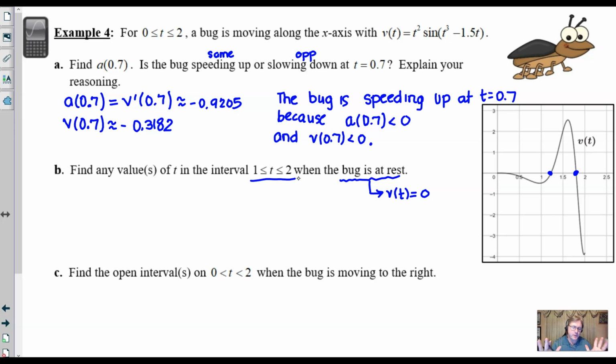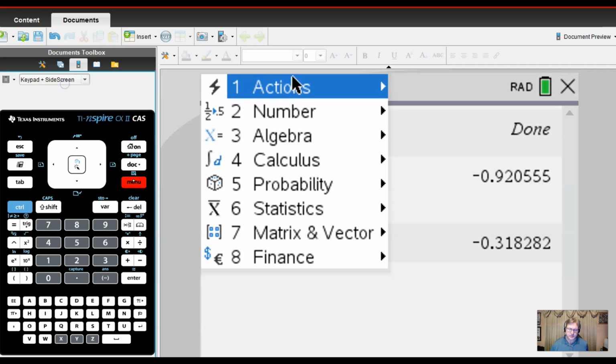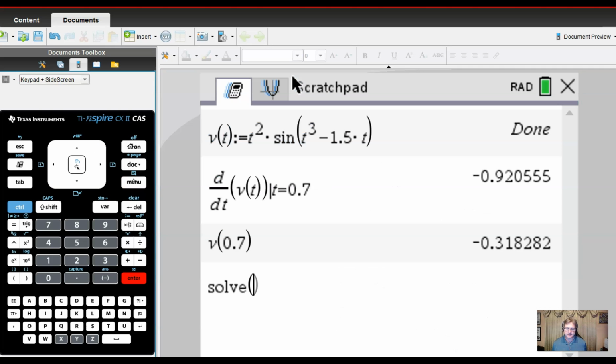Now, there are a couple of different ways to do this. I'm going to go ahead and show you both ways. One of them will not apply to anyone who does not have a TI Nspire CAS calculator. The other one is much more universal. So let's return to our calculator and see what we've got here. If you have a CAS calculator, which would be your TI Nspire CAS, maybe the TI-89, just to name a few models, you could certainly try to solve it using Algebra Solve. You're taking your V of t, saying when it's equal to 0 for the variable t,